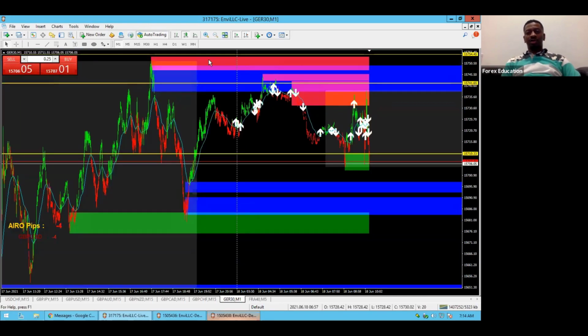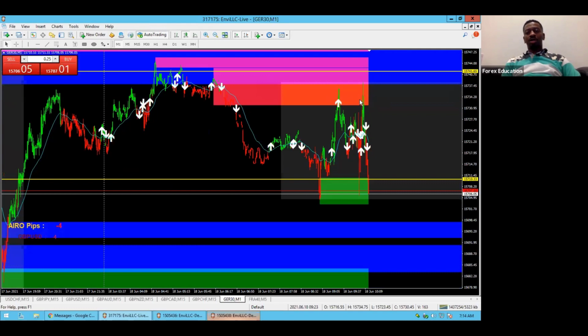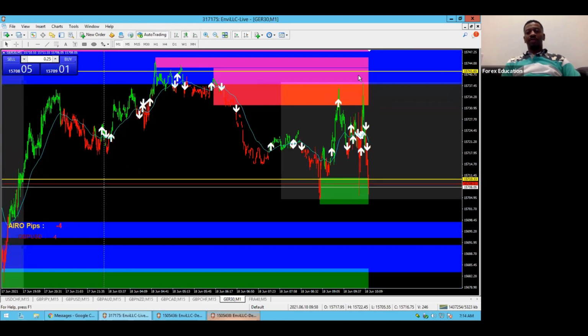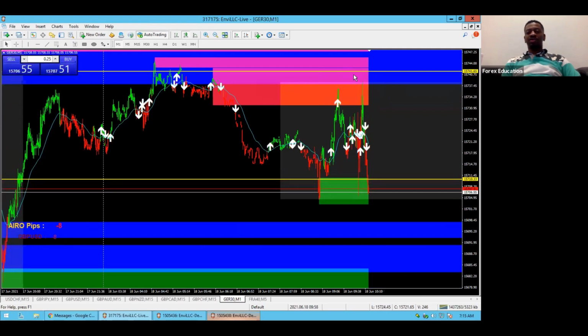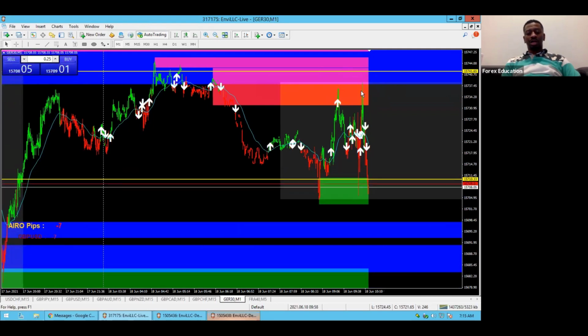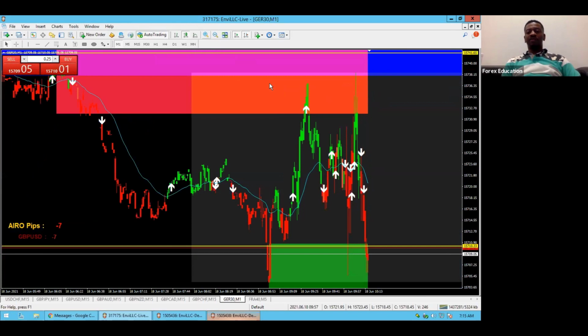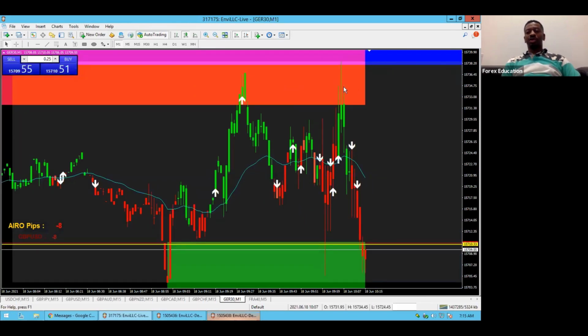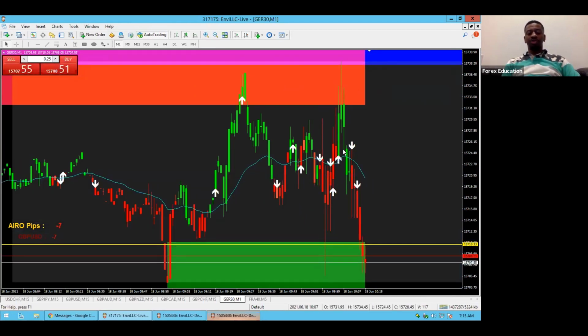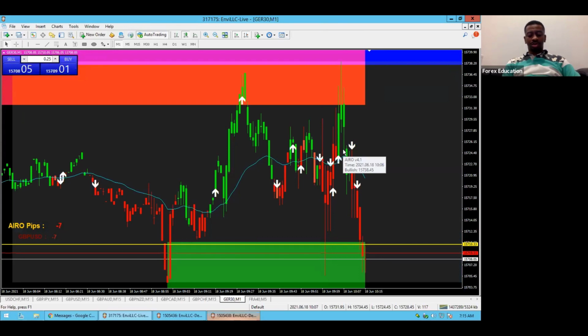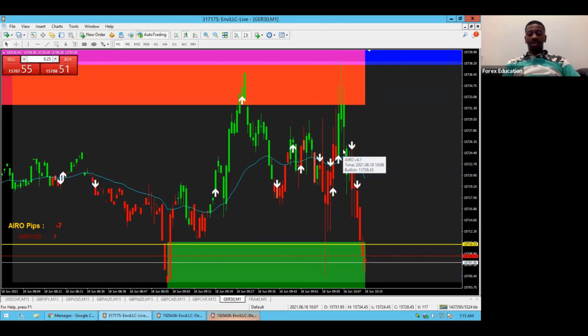All right. Rejected off of the AIRO resistance zone and the order block. Never broke it again. So this is the top of the 80 channel. Never even tried to come to it again. And that's the entry we look for. Then you had the bearish engulfing candle afterward. That tells you to look for a potential sell entry. And that's what I was looking for.